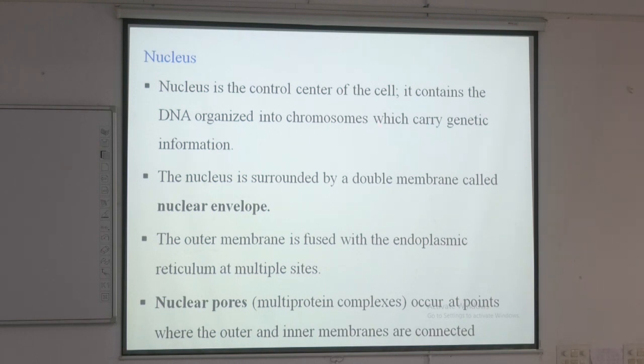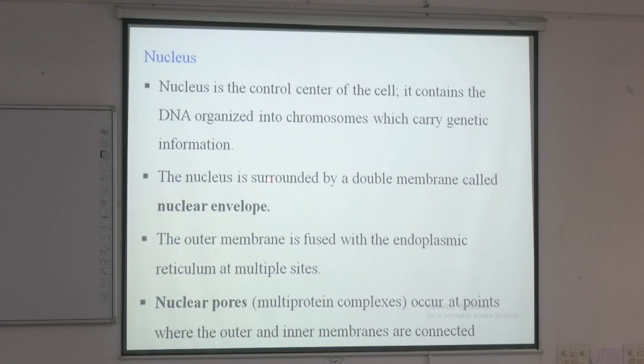How many chromosomes do we have? 46. How are chromosomes formed? DNA and histone proteins form nucleosomes, and finally chromosomes. Chromosomes are very important to understand the genetic pattern of individuals. If there is no nucleus, no chromosomes are formed.